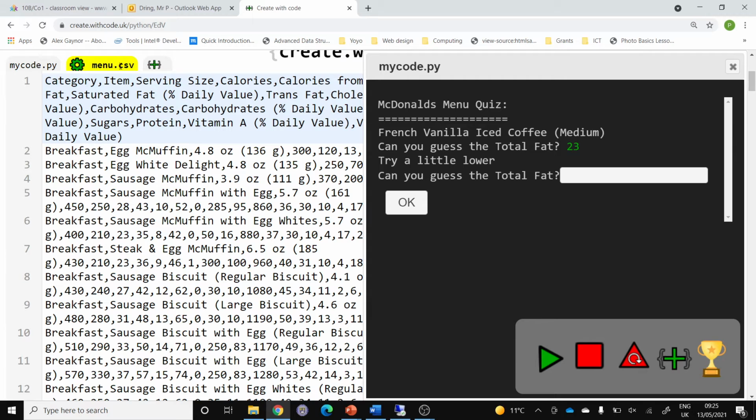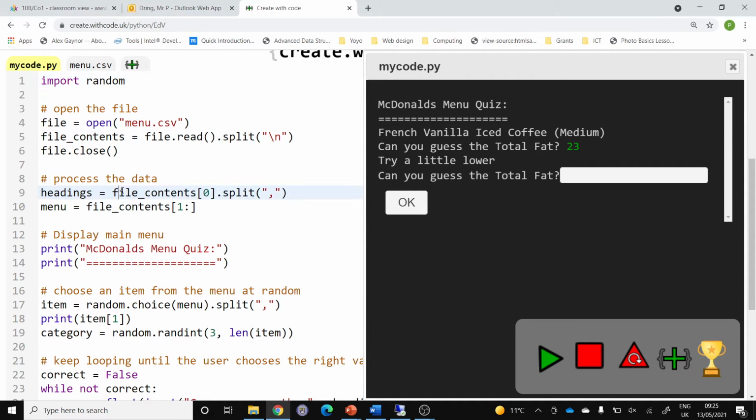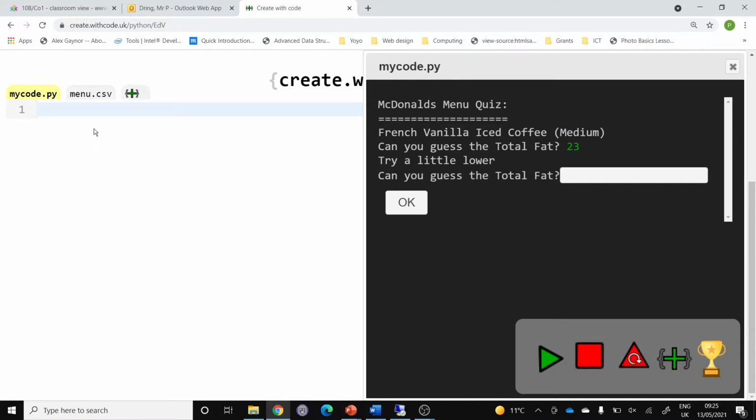This file is called a CSV file. It's actually just a text file, really. The only difference is it's values separated by commas. So I'm not going to go through the whole thing all over again. You can watch the video if you want more detail of that. But the important thing is that you know, although you don't need to remember because you get that Python reference guide in the exam,